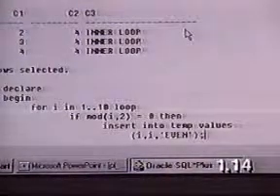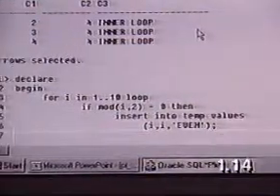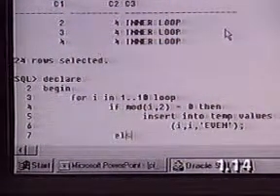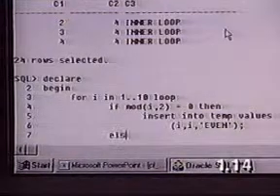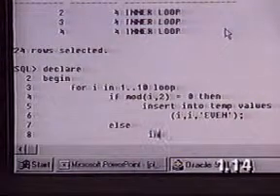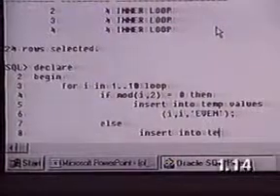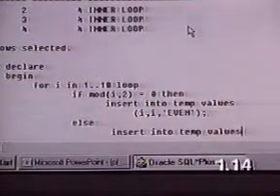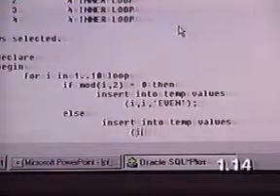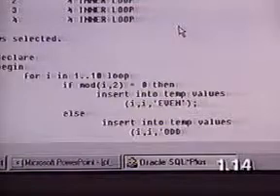So again, we're just really using this table as a scratch pad for our testing. Now, if the condition were not true, then you would have to execute the opposite of that condition, and that's called the else clause. And in this case, we're going to go off and do an insert again. The insert into temp will put a slightly different message out. The values in this case will be